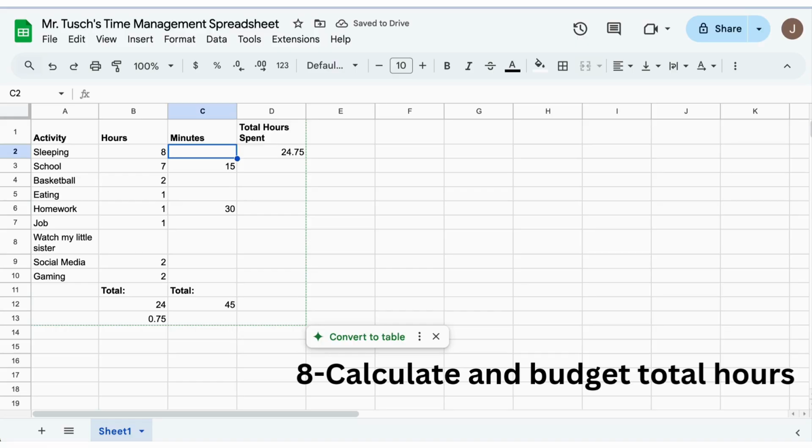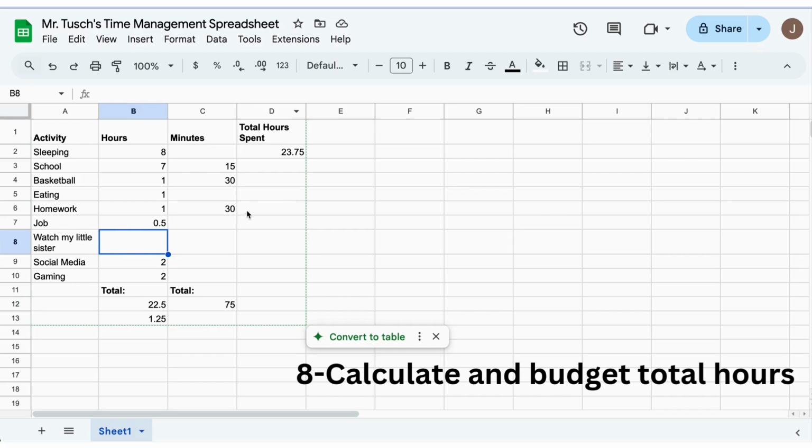24.75, still a little bit long, but if I take a look at my basketball practice, it really is an hour and a half. So I'm going to put in 1 hour and 30 minutes, right? Could I put in 1.5 hours? I sure could. All right, but I'm going to do that. And then my job, maybe I have to tell my boss that I'm going to do a little bit less, so I'm going to cut my job down to a half an hour a day. If I do that, I've got a little extra time. I'm under the magical 24.